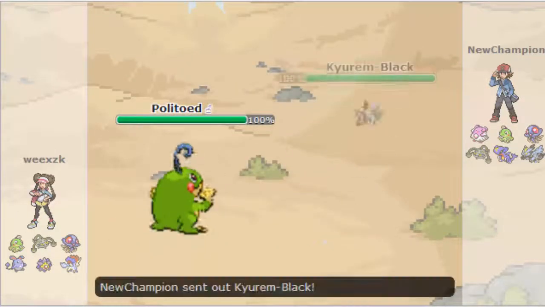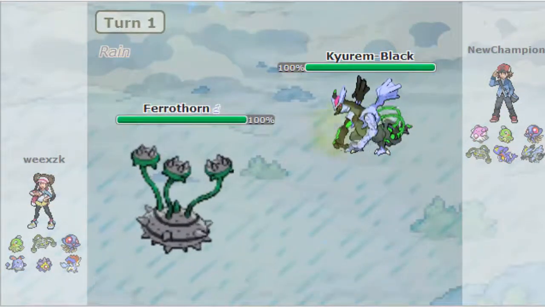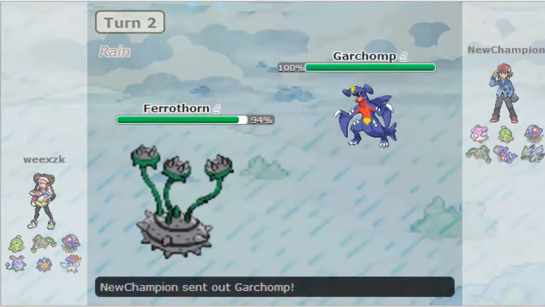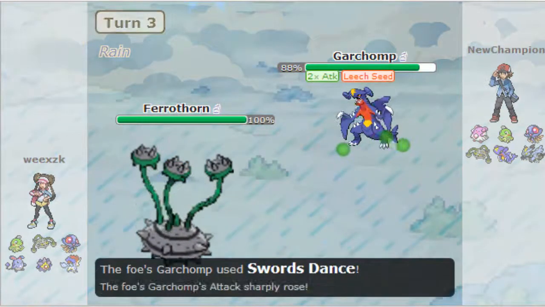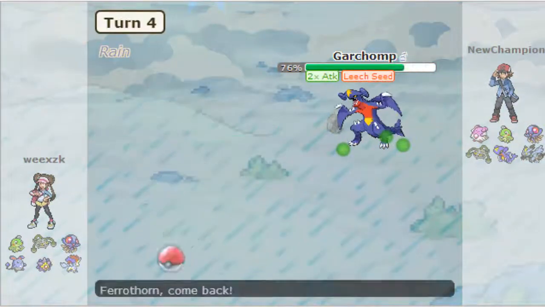So I'm going to lead off with this Politoed to set up the Rain, even though his is also a Rain team. I decide, just, what the heck, I'm Choice Specs, I'm pretty sure I can dent him with a Hydro Pump, but he leads off with his Kyurem-Black, goes for a Fusion Bolt, I go into Ferrothorn just to take whatever, set up a Leech Seed, you know what Ferrothorn usually does,